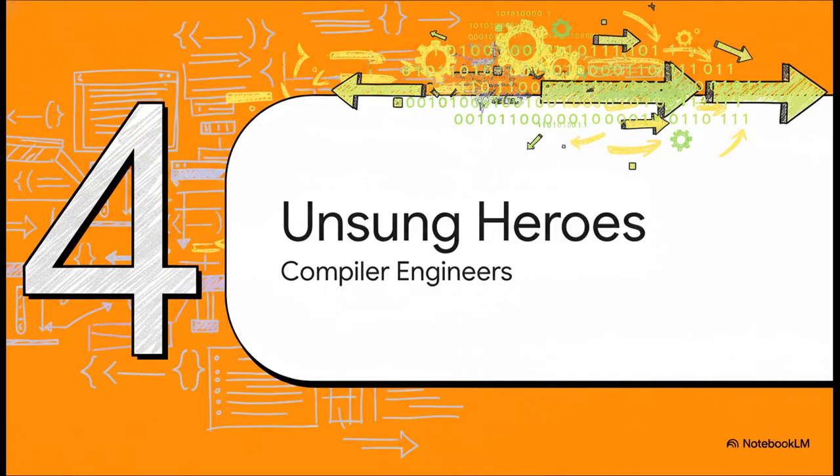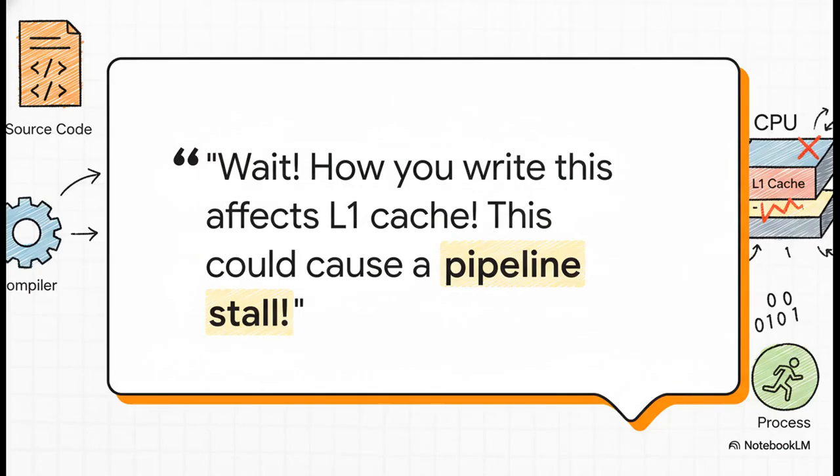So now that we've seen all this incredible magic, let's take a second to appreciate the magicians. Because none of this happens by accident. It's all thanks to the unsung heroes of the software world, the compiler engineers. This really captures what must be going through their minds. It's not just add 2 numbers. It's, okay, if I add them this way, will it mess up the cache? Could it cause a traffic jam in the CPU's pipeline? What about branch prediction? They are obsessing over every single tiny detail to squeeze out every last drop of performance